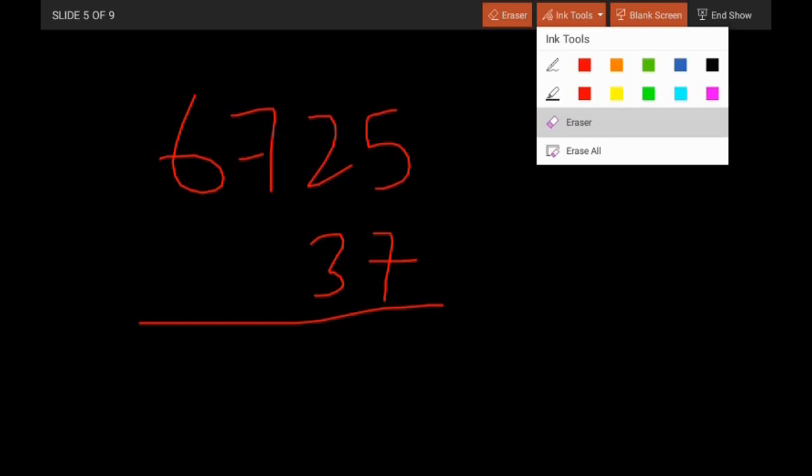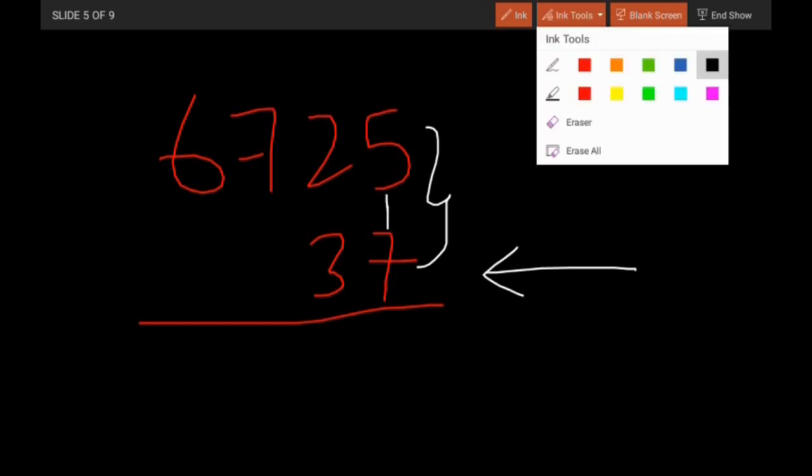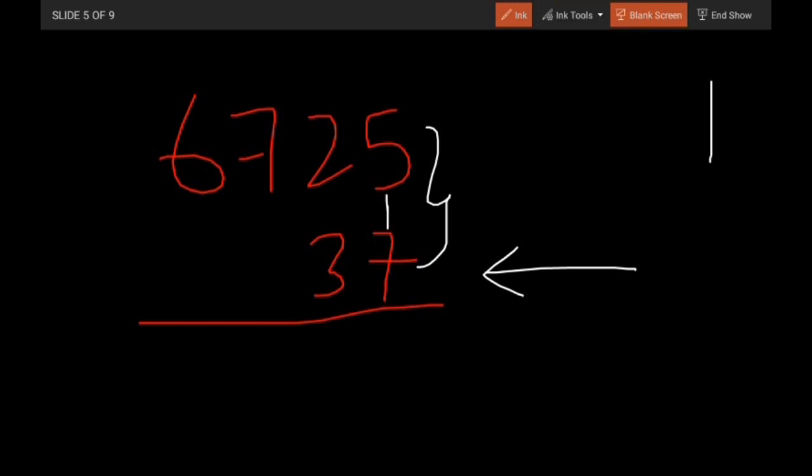Now I'll just discuss how to solve this one. The first step is the first two numbers, 5 and 7, we are going to do straight. So we are going to start from this direction, you all know that. And the next thing is, we'll just do this: 7 5 is 35.